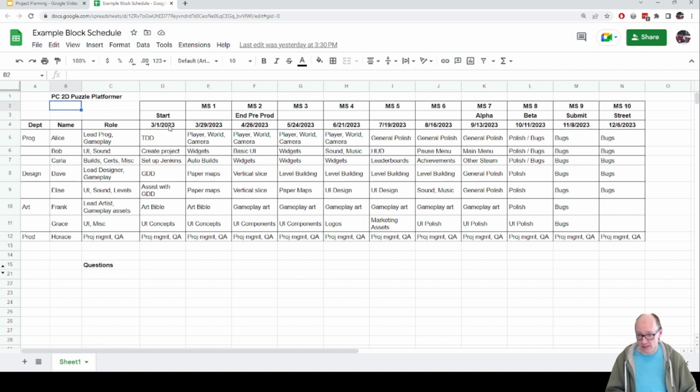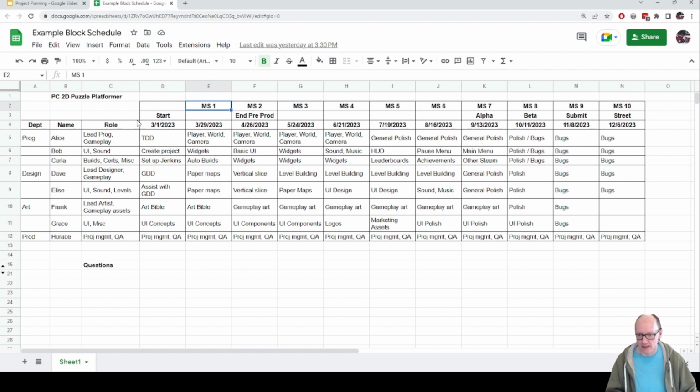So I've got a start date on March 1st, 2023. And then that cell's got that date in it. The next cell just says D4, which is the start date, plus 28 days. And so it automatically works out the date. And then I just copy pasted that cell over the rest here, and each one of them adds 28 to the previous one. So if I want to change the start date, it'll automatically update all of the dates. And then we've got milestone 1, 2, 3, 4, 5 to 10.